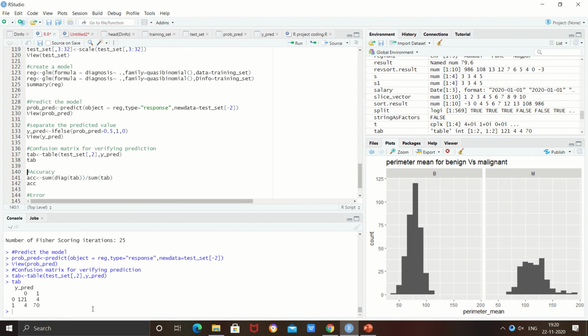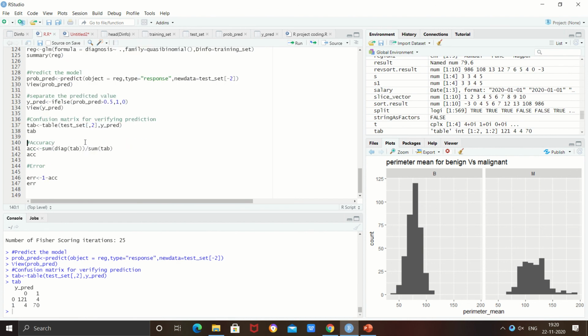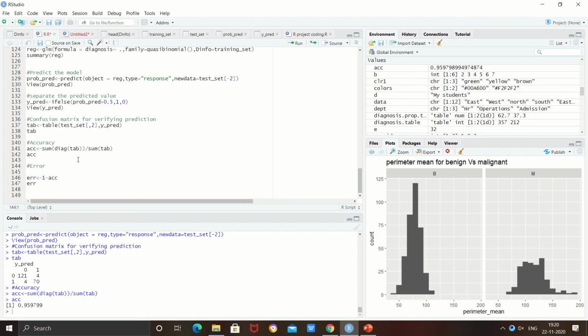Okay, so you can see on the output that we have got the output in the confusion matrix form. Now this brings us to an end, and here we have to check the accuracy for the model that we have built. So guys, you can see here that our accuracy for our analysis is 95%.